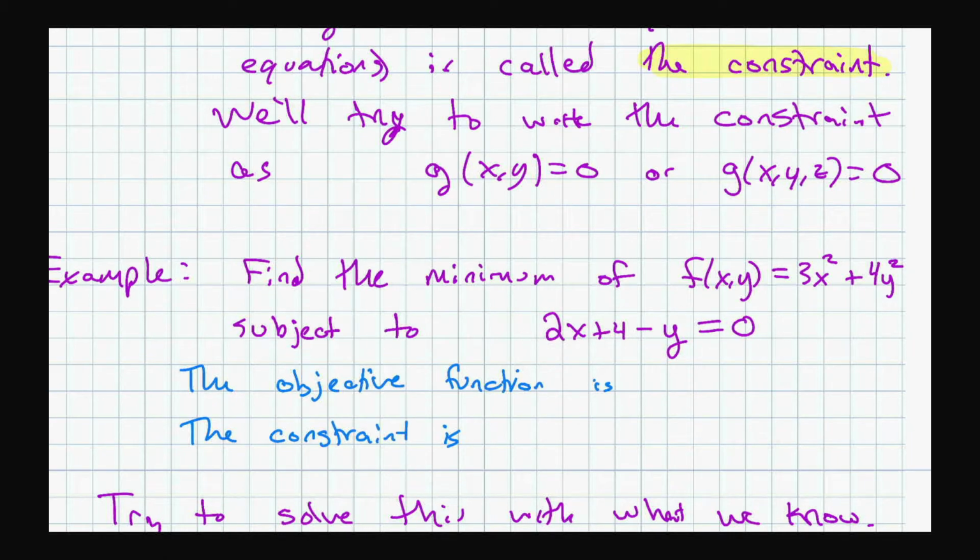So you can see the difference here, right? This is a function with a name, and this is just an equation, bunch of stuff equals 0, and there's no name on that. Okay? So if you were trying to figure out what the objective is and what the constraint is, well, the objective function is the one that you're trying to minimize or maximize. So it would be the f of x, y equals 3x squared plus 4y squared. And then the constraint is just the extra equation that we have to satisfy. And there it is. Okay, so there's an objective function and there's a constraint, and that's what makes it constrained